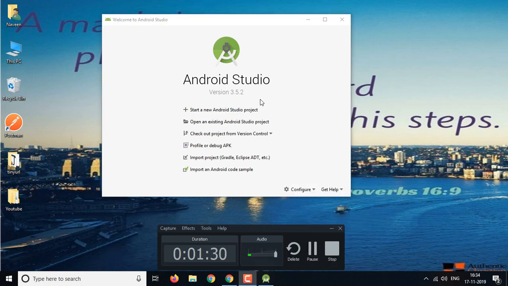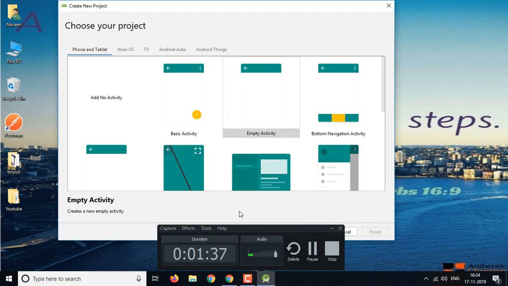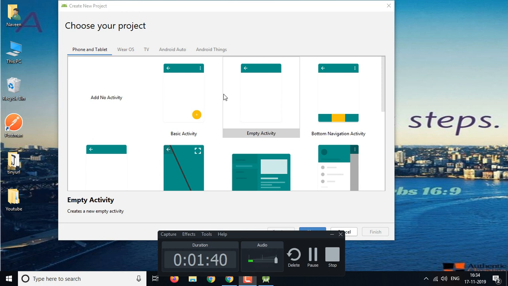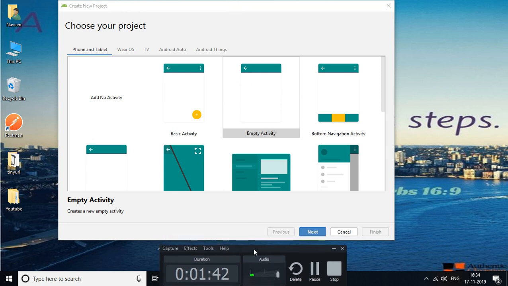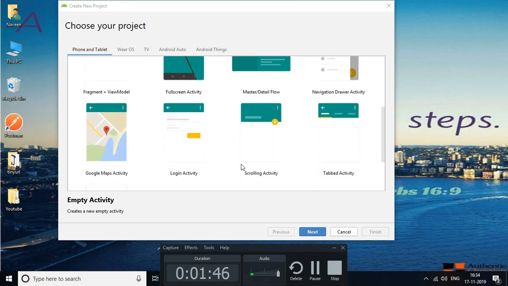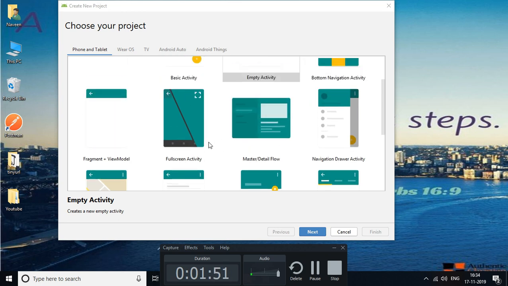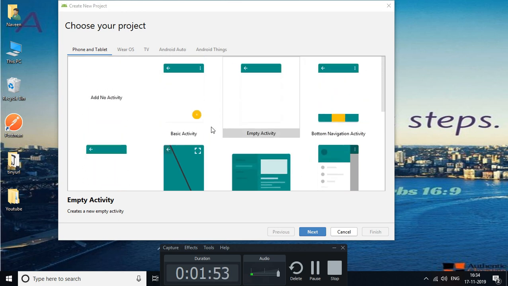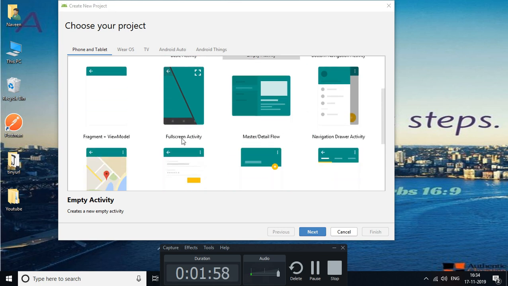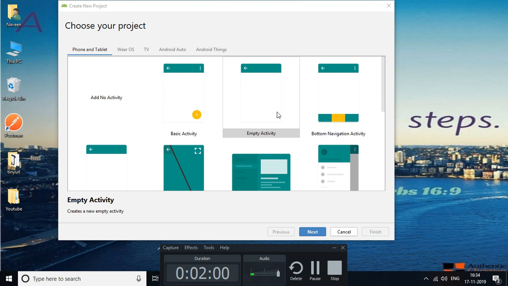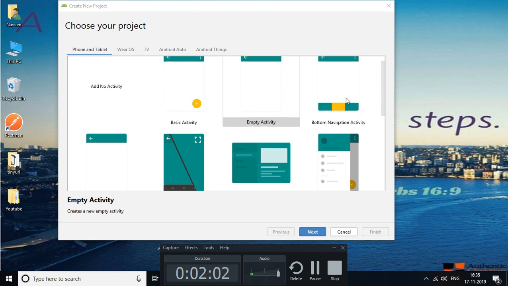So in this session I am going to create one project. So what I will do is start a new Android Studio project. Here are so many options which Google has already created in Android Studio. Suppose if you create any of these pages after creating the empty project, it will take so much of your effort and time to create. So by default, Google has provided some basics which we need in our projects. Sometimes we need bottom navigation, so here it is present.